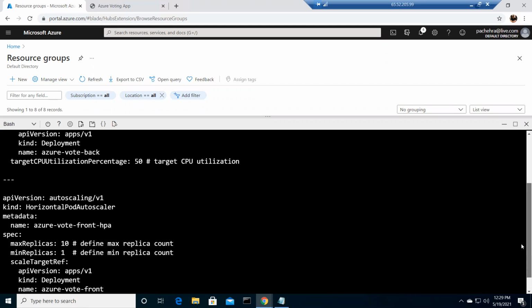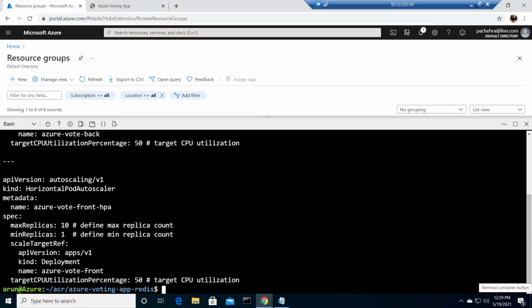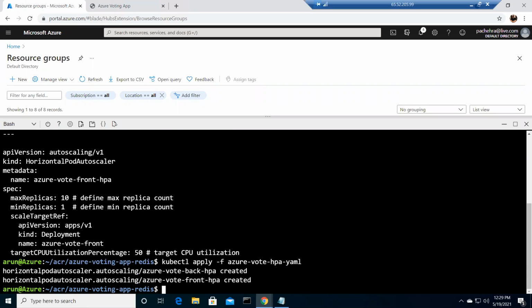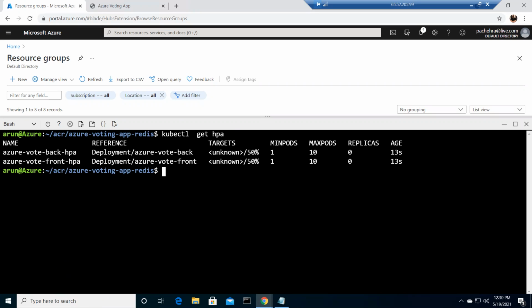All right. Same goes with the back end. It's fine, just wanted to show you. Now we do the same thing, kubectl apply -f and the name of the file, and it's deploy for both the deployments, right? Minimum is 1, maximum is 10. Very good. Now if I do kubectl get HPA, you would see I have minimum pod 1, maximum pod 10,